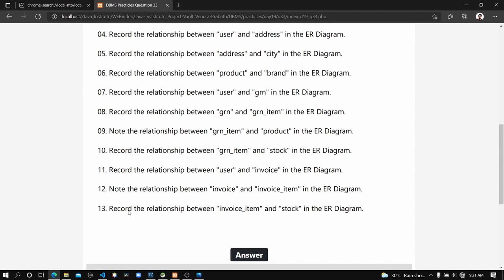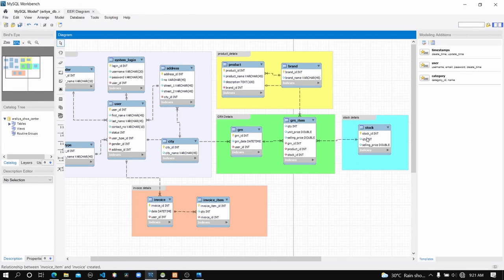And let's move on to the last one of this question setting. Record the relationship between invoice item and stock in the ER diagram. And here you can see the stock table contains the details about the stock in our store, and when a user purchases some items with these quantities, you can see those quantities are recorded in the invoice item table, and if we foreign the stock details to the invoice table, we can calculate the difference between how many quantities are in our store and how many quantities are